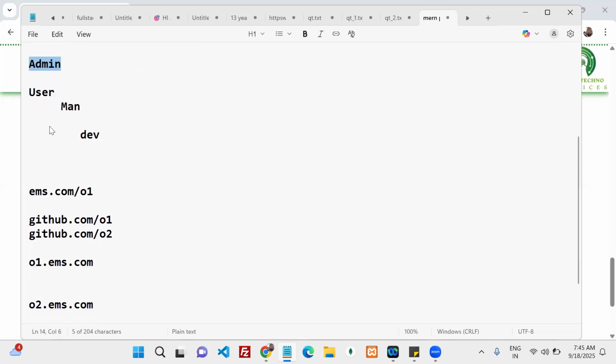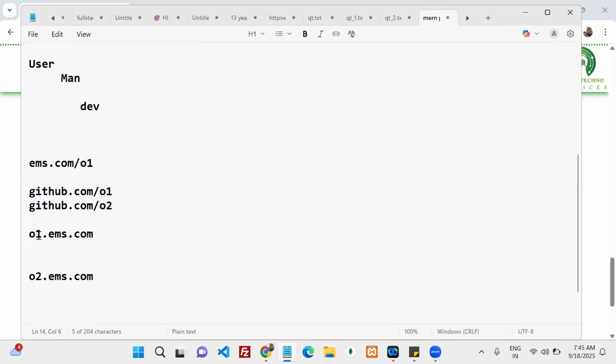One is that we can create subdomains. Whenever you create subdomains, the problem is that in your server you have to deploy multiple times. For example, if 100 clients are there for my product, you are supposed to create 100 subdomains. 100 subdomains means 100 times you have to push your same code base.